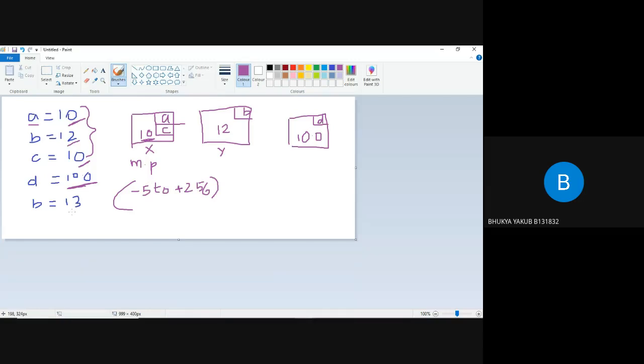See guys, if you observe here, I took 13. 13 is a different value. For that we need to allocate a new memory location. Here I'm storing 13. And here I want to store this 13 in variable B. See guys, we already used this variable B previously. Here we used variable B. Now what do we need to do?